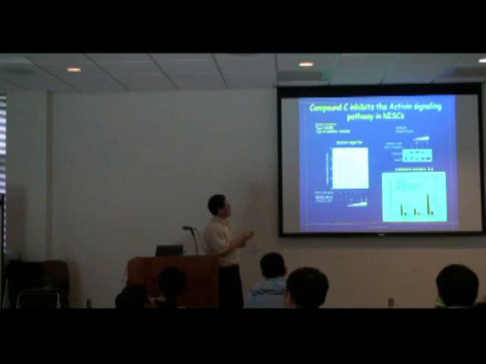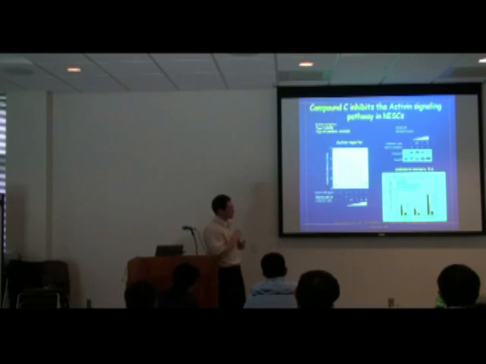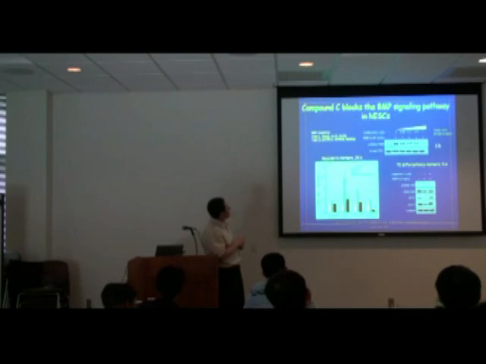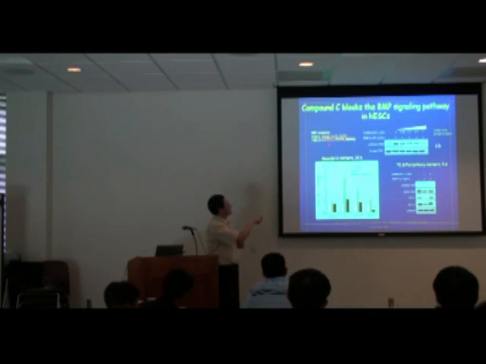So indeed, the bottom line, I'm not going to go through the whole slides. So indeed, compound C can block activin signaling in these cells. Right? So again, I won't go through the slides. There are multiple ways to test that. And the reason we think it's capable of doing that is to basically block these two receptors in this pathway. Now, compound C can also block BMP pathways in human cells. Again, I won't get into the detail. The reason it's very potent for the BMP pathway is because it blocks at least 5 receptors, and no wonder it blocks this pathway very strongly.